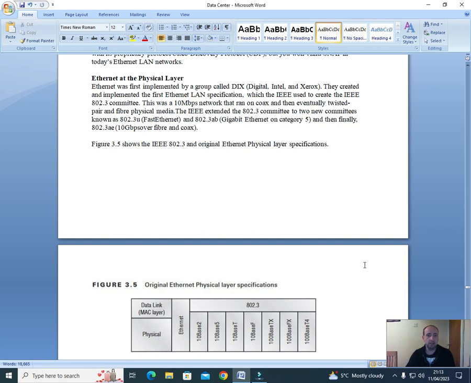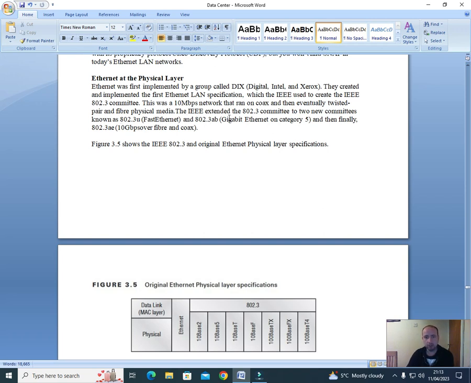Ethernet at the physical layer. Ethernet was first implemented by a group called DIX: Digital, Intel and Xerox. They created and implemented the first Ethernet LAN specification, which the IEEE used to create the IEEE 802.3 committee. This was a 10 Mbps network that ran on coax and then eventually twisted pair and fiber